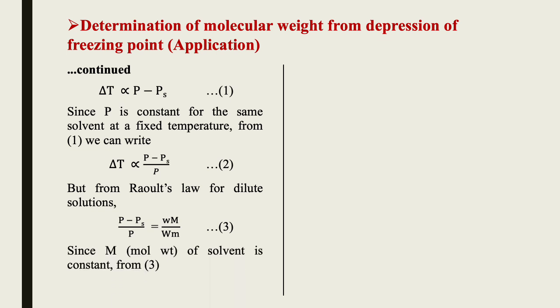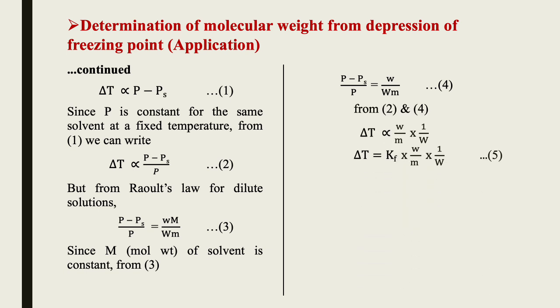Since capital M, that is the molecular weight of the solvent, is constant, from 3, P minus Ps divided by P is equal to small w divided by capital W into m, which becomes equation number 4. If you equate equation number 2 and 4, the term P minus Ps divided by P, that is lowering of vapor pressure, is common in equations 2 and 4. So certainly you can equate delta T